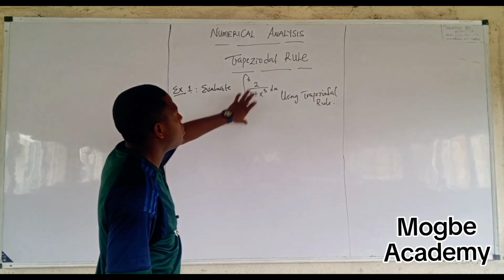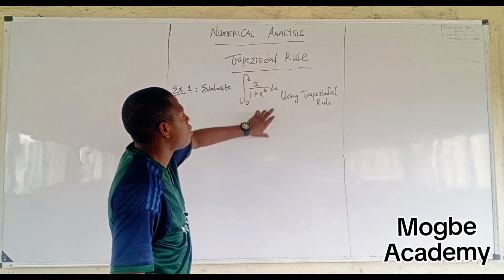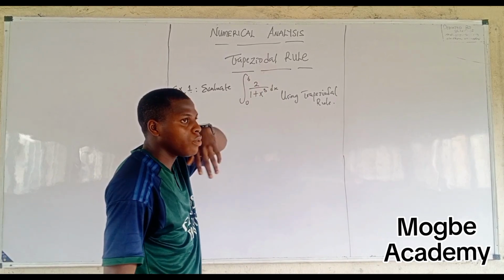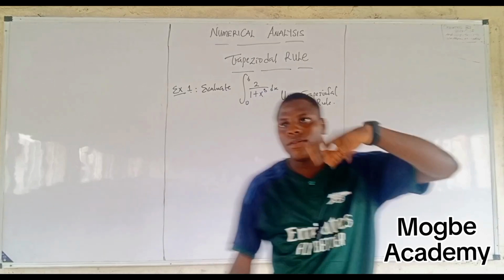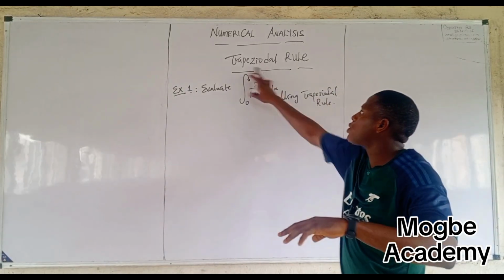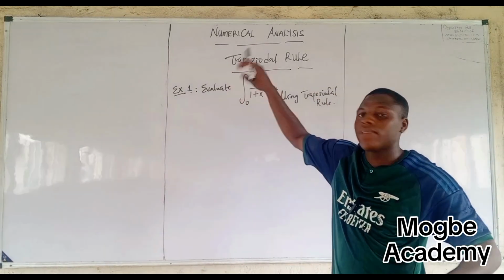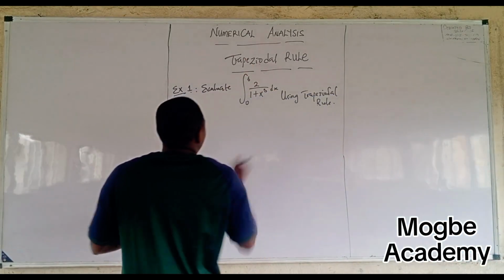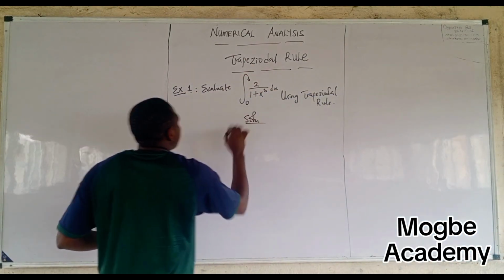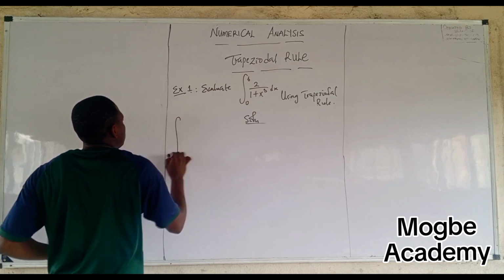Evaluate the function using the trapezoidal rule. Now the first thing that should come to your mind, looking at the function here, is that you basically have a definite integration. So what you simply do is write out your definite integration,